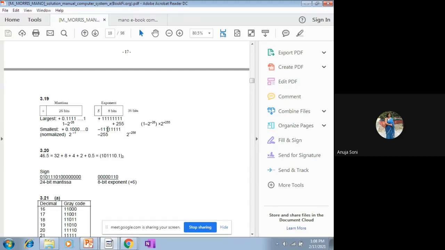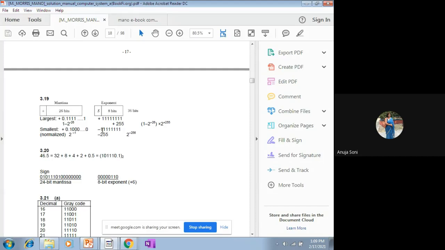The exponent works as the power, 2 raised to the power, right? So whichever is the highest value, if you put a negative sign in front of it, that will become a negative power, but not a negative number. 2 raised to a negative power makes the number itself smallest, but the number will not be negative, it will be positive. That's why we put a negative sign on the power of the largest.